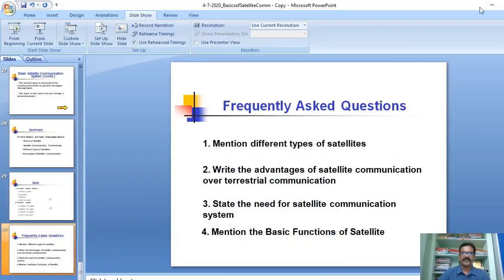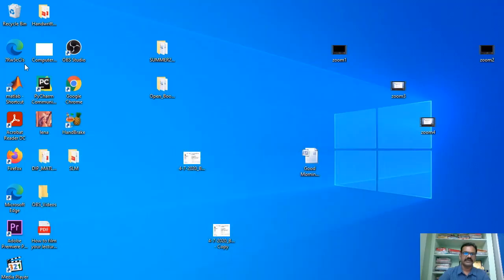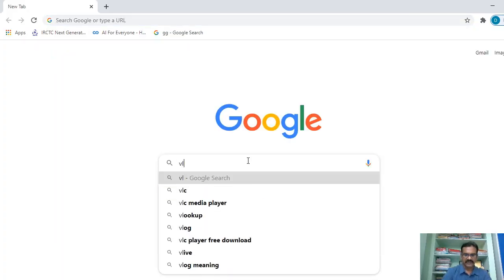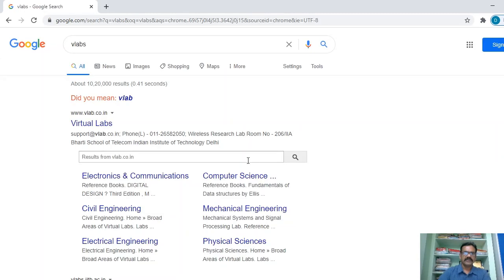And by making use of the third option, we can also go to a particular website here. Press F3. I want to open a virtual lab concept, vlab.co.in.